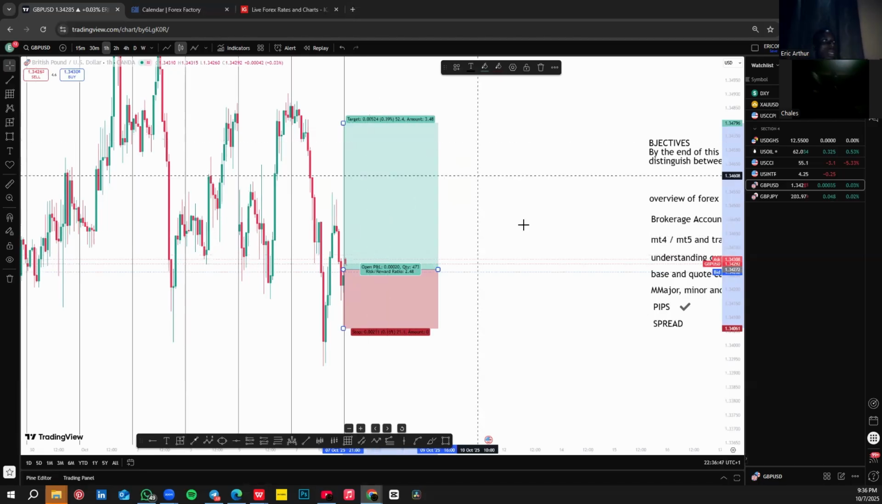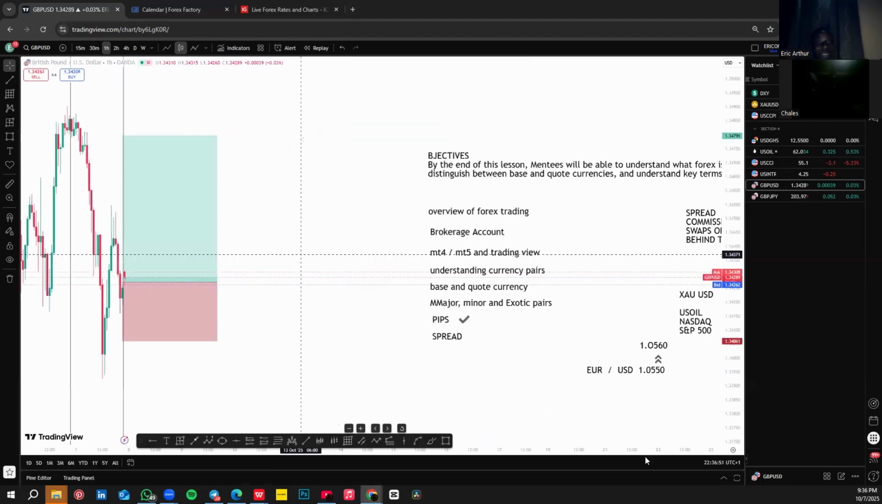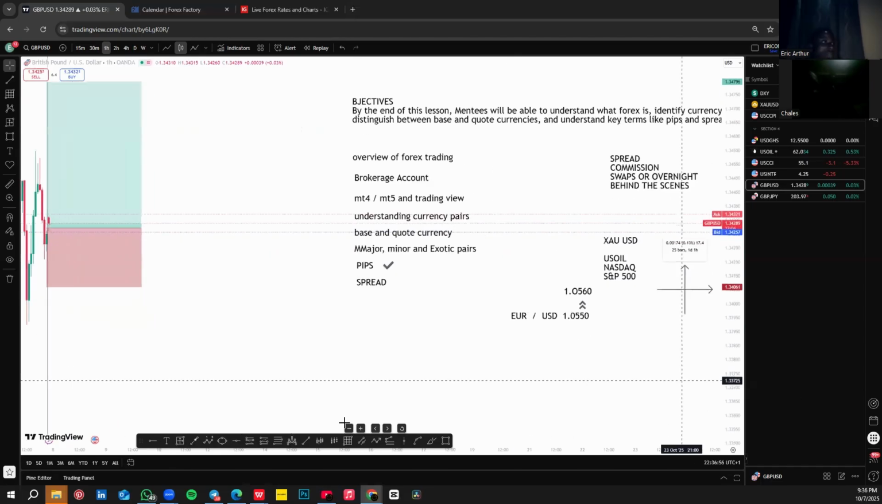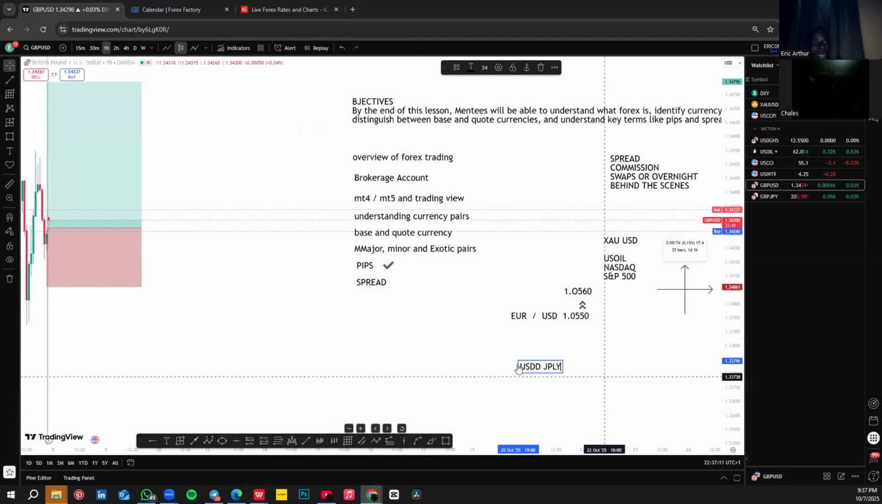You get it? So let me quickly show you the second decimal place Japanese pips, so that we have USD. Okay, so let's say